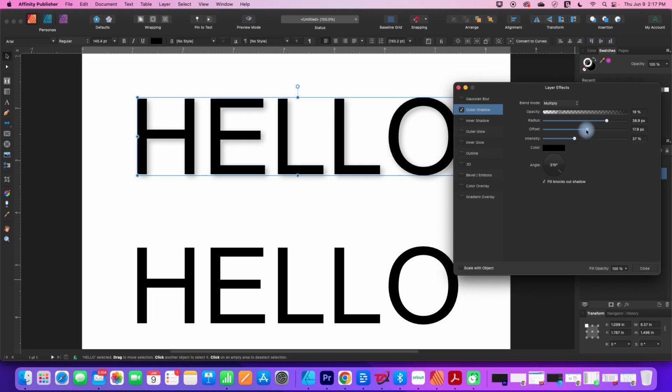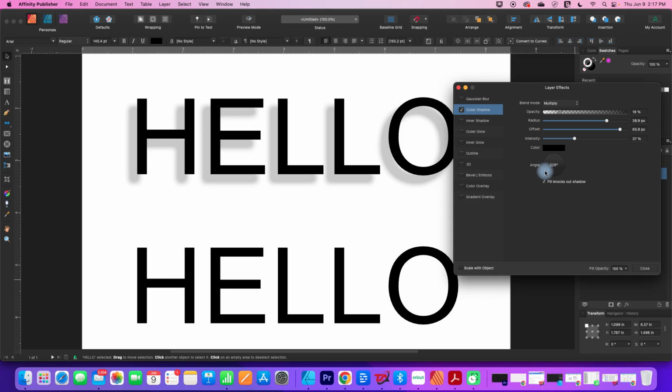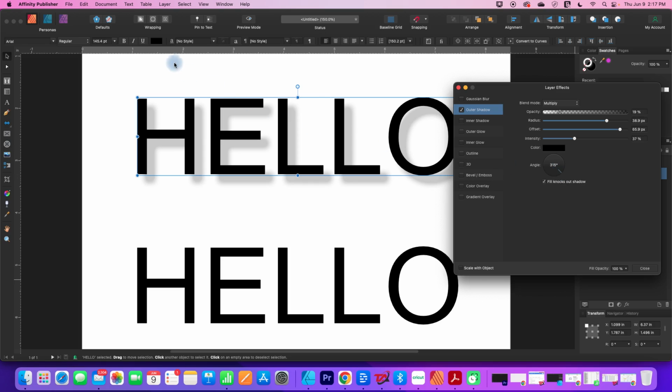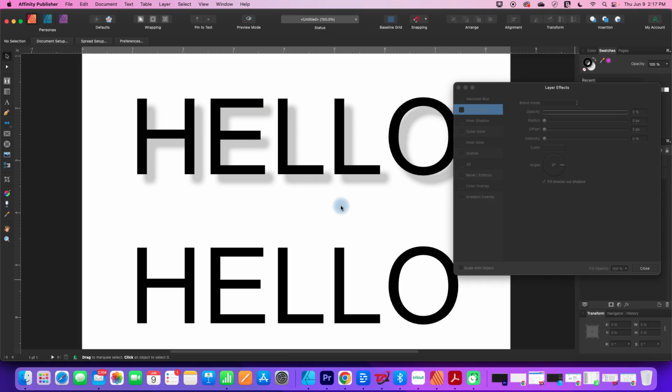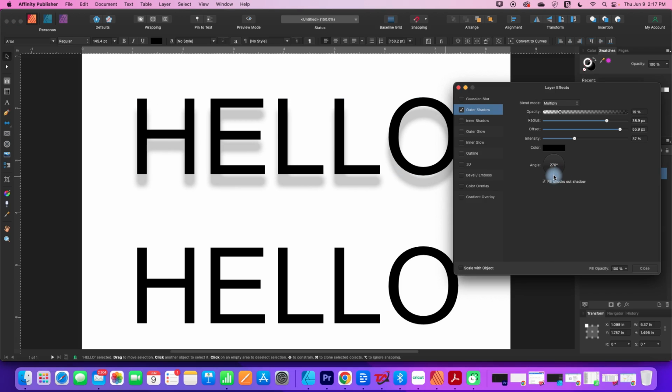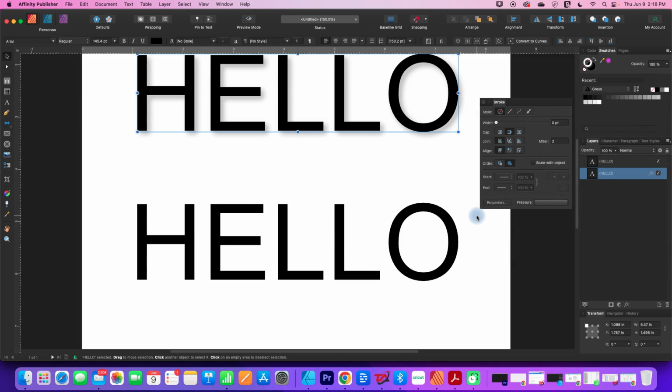And if you wanted to, I'm going to just turn it up again so we can see it better. You can change which direction the light is coming from. A lot of drop shadows default to this kind of lower right, so the light is coming from up here and shining this direction. But you can change that. Sometimes you might want to have it straight down, but most of the time it's like this. All right, now we can turn this back down, make it look a little bit more natural, and that is method number one. That is going to be your simplest method.